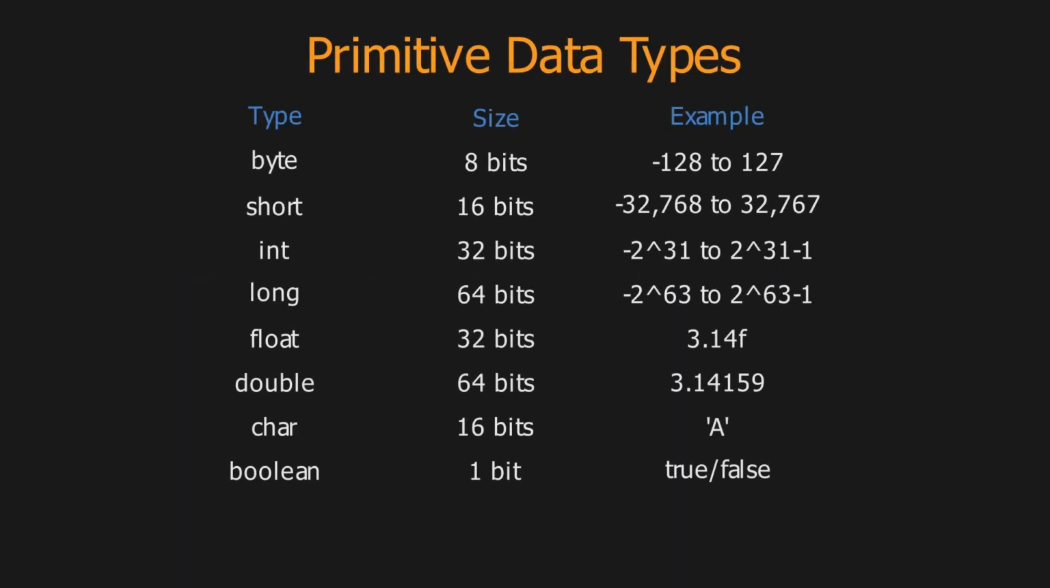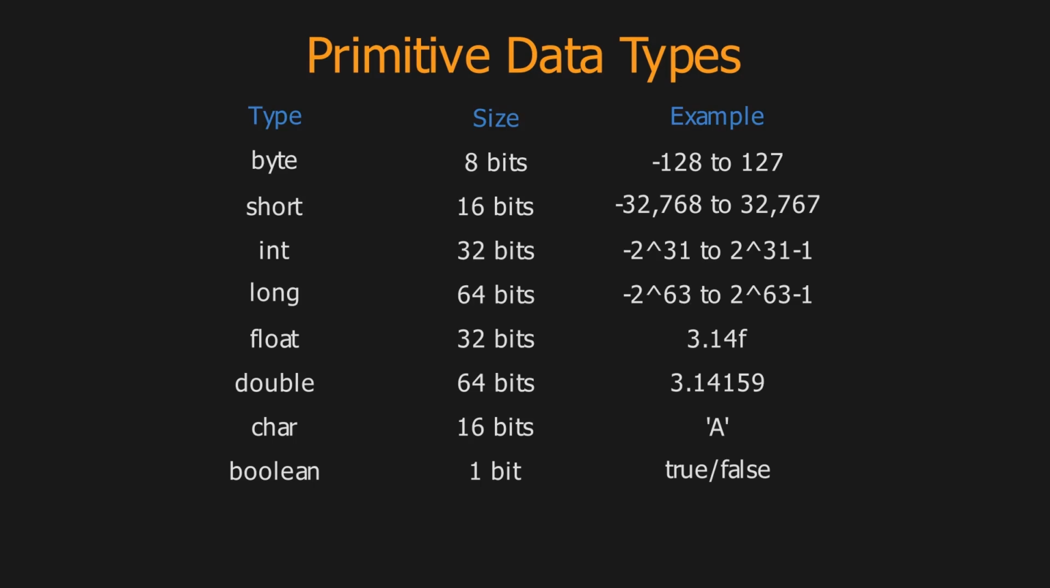Java offers 8 primitive data types that are used for storing simple values. Let's look at each one in detail. The byte data type uses 8 bits of memory and can store whole numbers from -128 to 127. It's perfect for saving memory when you know a number will be within this small range, like counters in small